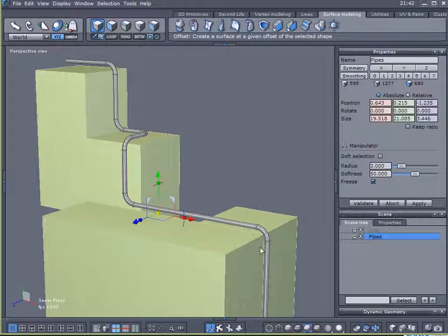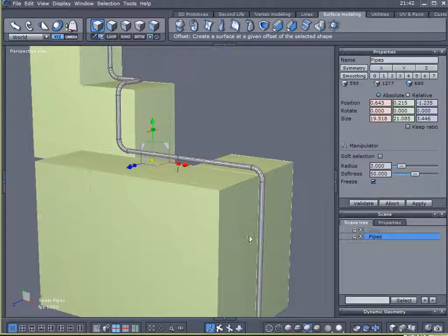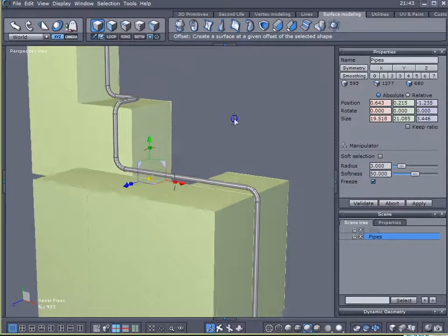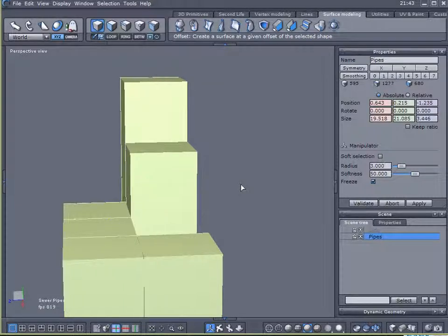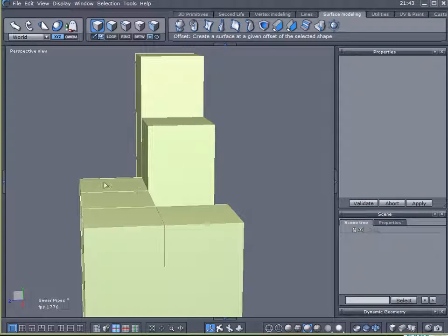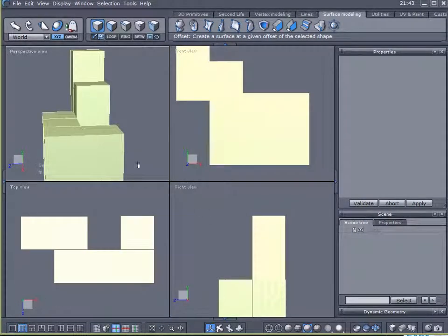So what I want to set out to do is create a piping system that comes up here, comes up this wall, comes over, up, comes back, around, and then up and across the top. Now if I tried to do this using my previous method as I showed in the tutorial, it would be very time consuming, far more time consuming than it needs to be. So I'm going to delete these pipes, and I'm going to get started making them all over again